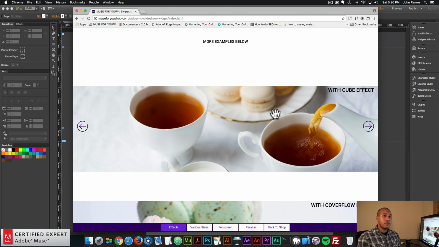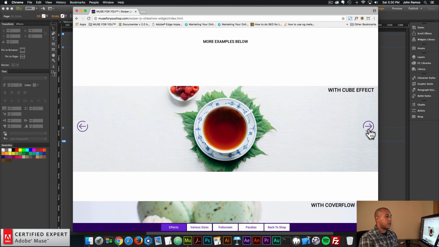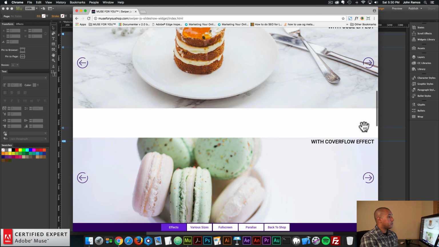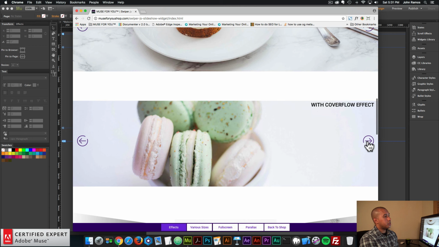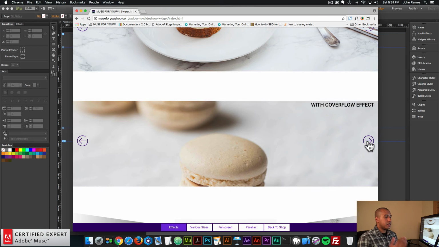So there's different effects that you can add to the slideshow. This one here is the cube effect. So if I click the arrow, we have this really cool cube effect, and it rotates the slides. So there we go. Then we have the cover flow effect. I really like this effect a lot. It kind of just slides the slides behind each other, so they're moving in a really unique